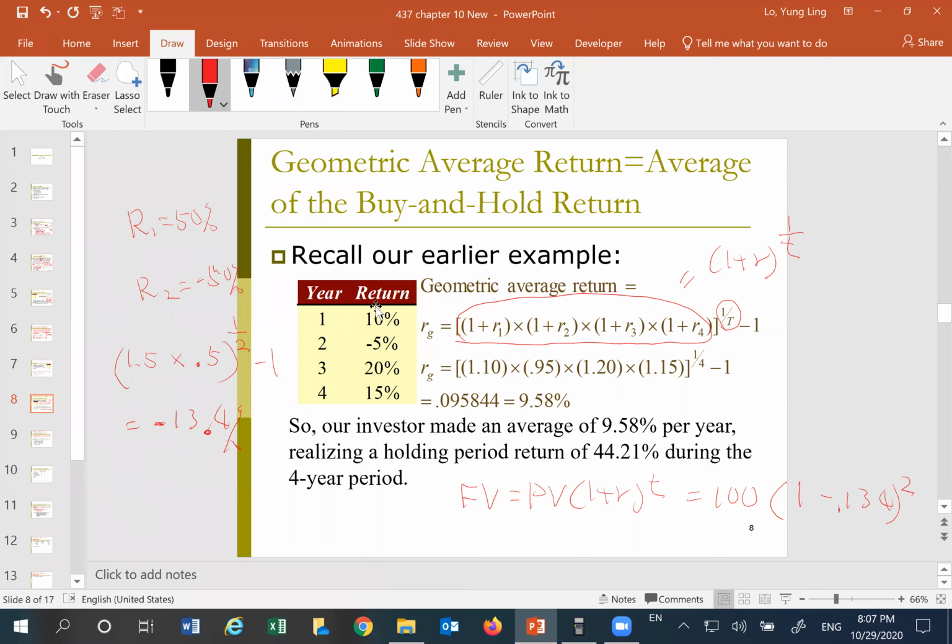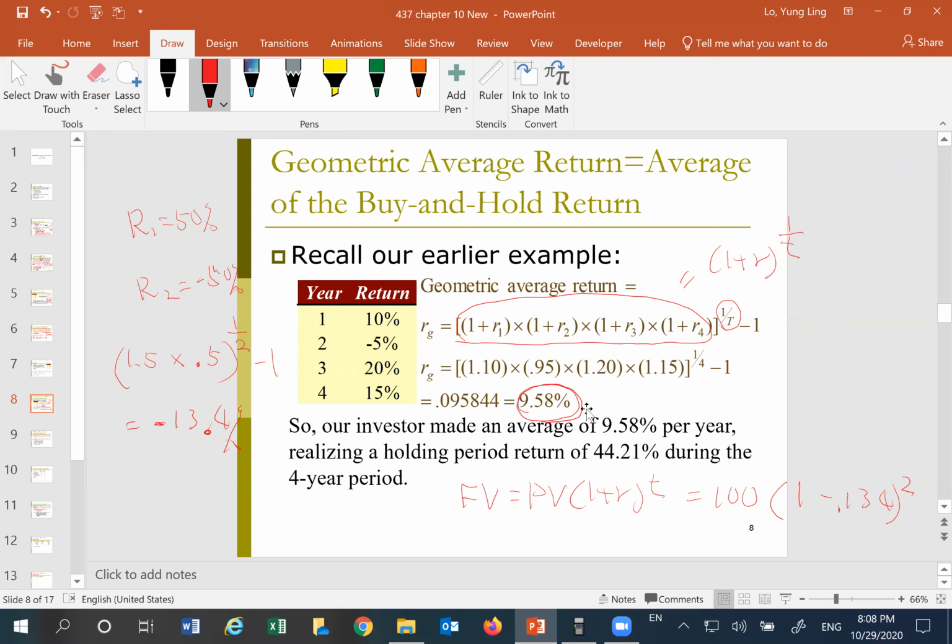Okay, so if you want to use those numbers here to calculate the geometric average, the numbers have been plugged in for you, and you just need to make sure to actually practice this on your own. Okay, so this is the average. To interpret that, it tells us that you earn an average of 9.58% return per